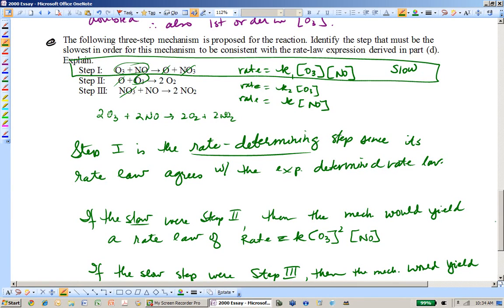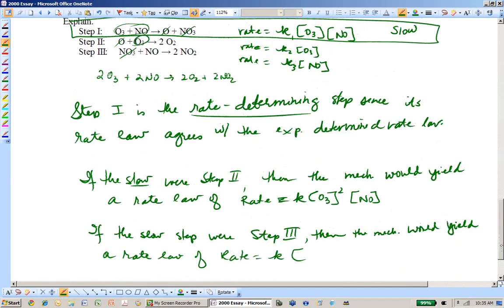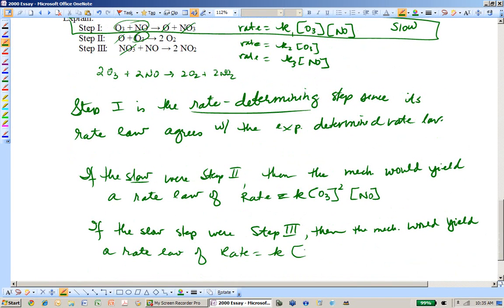So now if I add all 3 of these together, again, air quotes, we're not really adding them. Okay, we're just compressing them, collecting them, just taking into account all the collisions that would happen in this mechanism. Then we come out with rate equals K, and it would be O3 squared and NO squared,